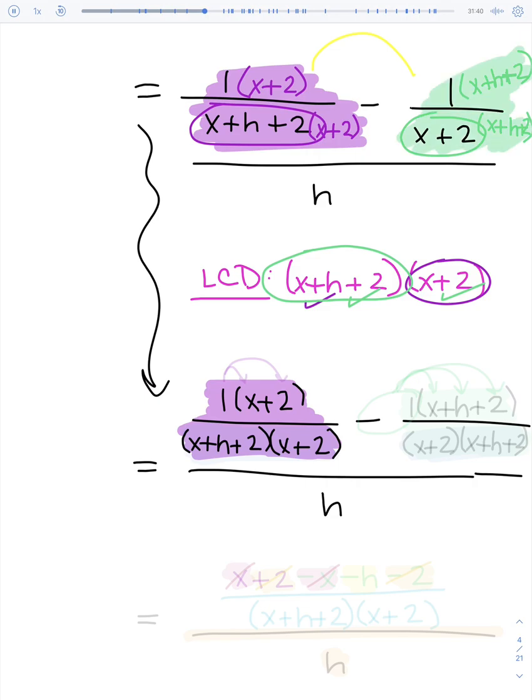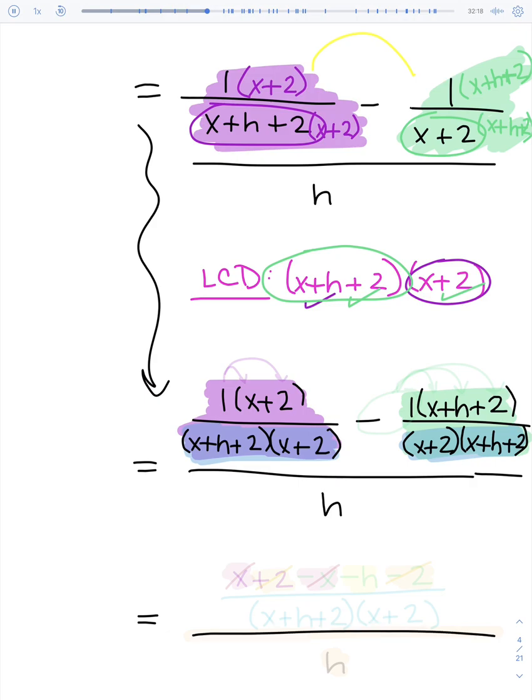He already has the x plus 2 also, and the x plus h plus 2. And he had a 1 and the x plus h plus 2 on top. So that was our second piece. Okay. And it looks messy, like I said, but notice this: the x plus h plus 2 is on the first one and on the second one, so they do have a common denominator. And that's what really matters, because once you have a common denominator, you can bring two fractions